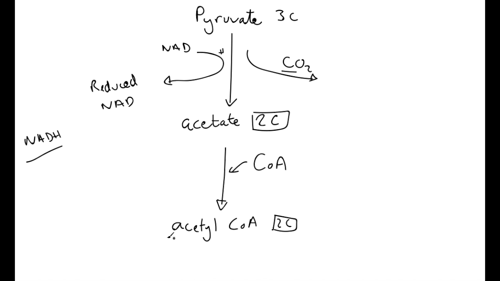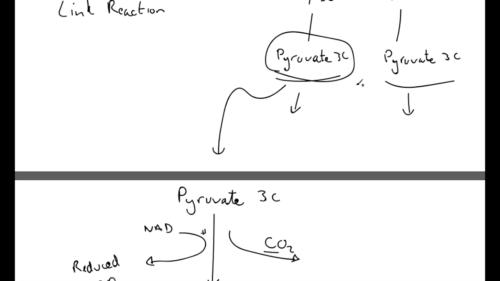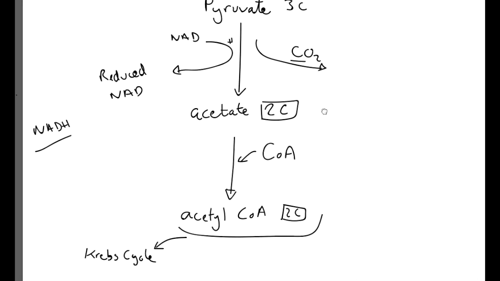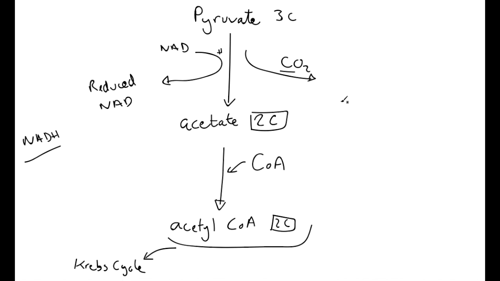What will happen now is this will move on to the next cycle, which is in the next video, called the Krebs cycle. So the Krebs cycle starts with this product. So just a quick run through. Remember, all this that's gone on here takes place for this one and for this one, so it takes place twice. So when you talk about the products of the link reaction, you actually say that it makes